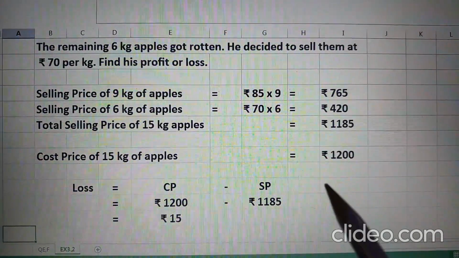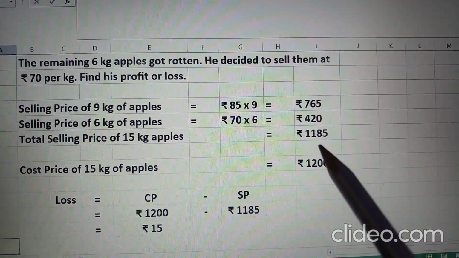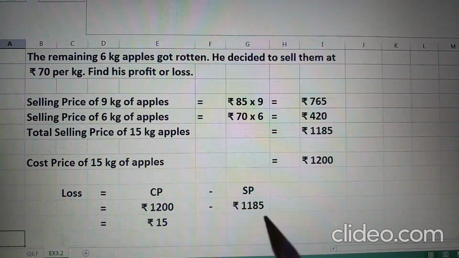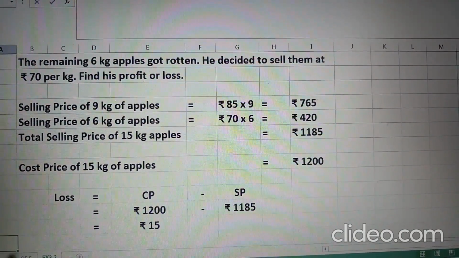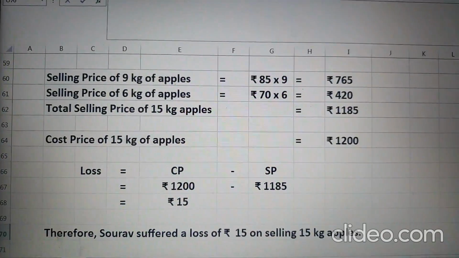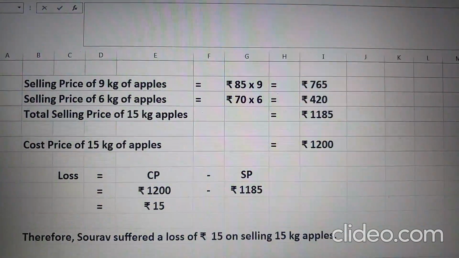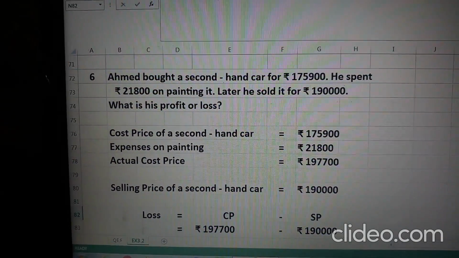Now we see that cost price is rupees 1200 and selling price is rupees 1185. So cost price is more than selling price. So the difference is rupees 15, that is the loss. Therefore, Saurabh suffered a loss of rupees 15 on selling 15 kg apples. Now, sixth question is, Ahmed bought a second-hand car for rupees